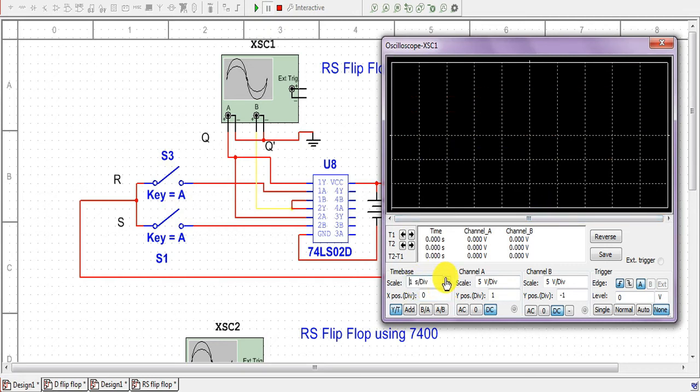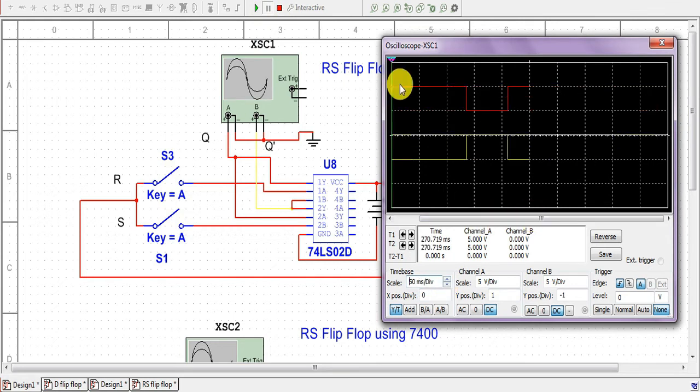So we can see that when the flip-flop is in the set position, we get the output red line, that is Q, at a high value, and the yellow line, that is the Q dash value, will be 0. As soon as we reset it, Q goes to the low output and Q bar becomes high. And again the next time when we set the flip-flop, the Q value will rise to high level and Q bar will become 0. So this is the basic timing diagram for RS flip-flop using